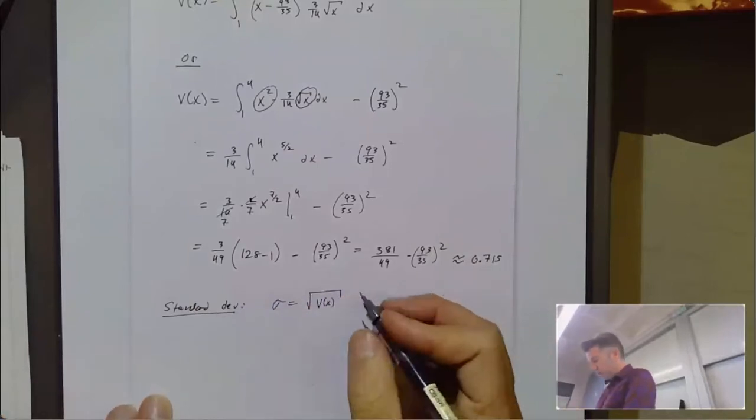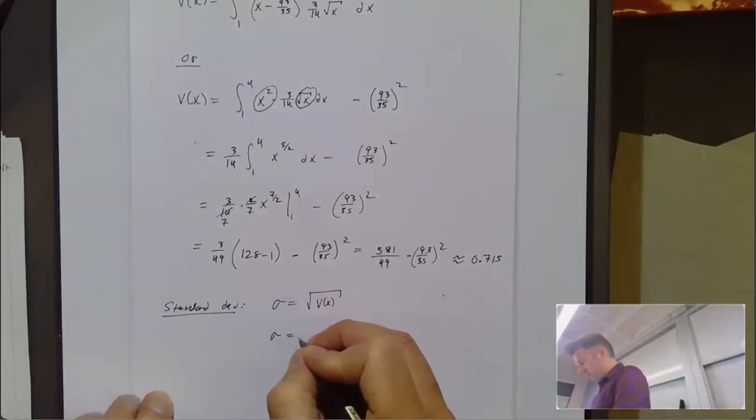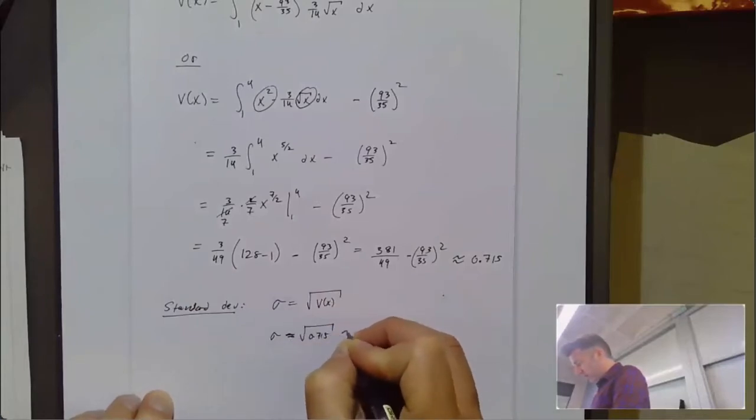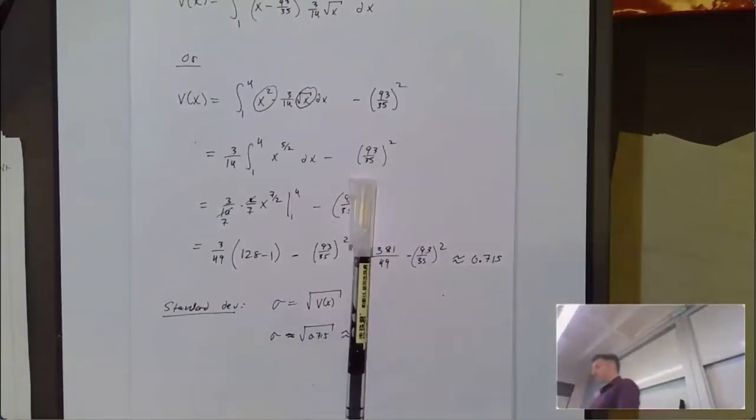So in this particular example, standard deviation is going to be approximately the square root of 0.715, which is approximately equal to